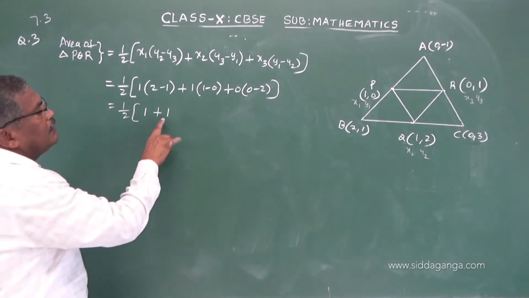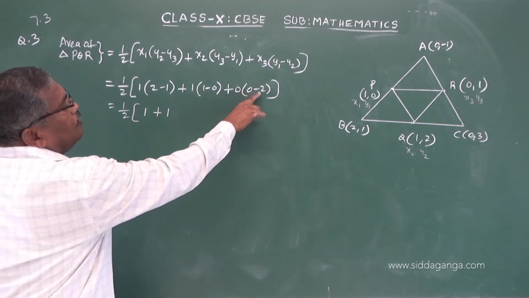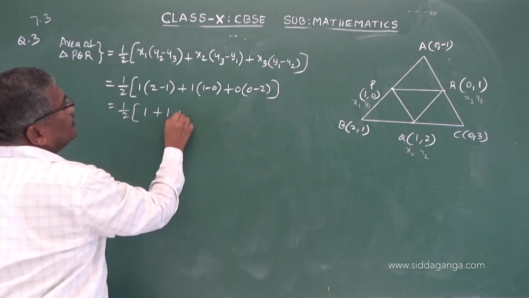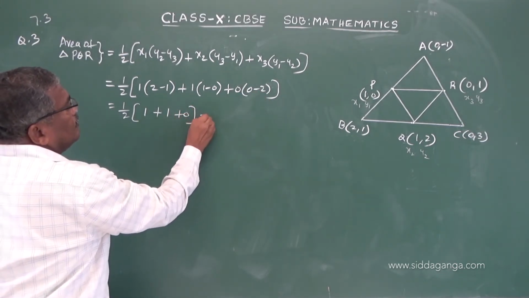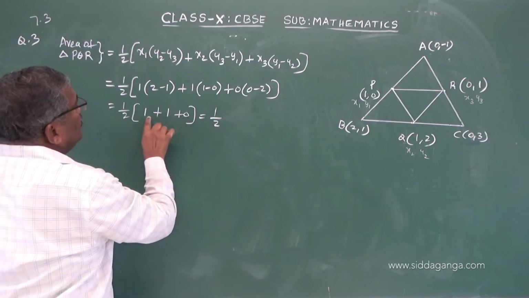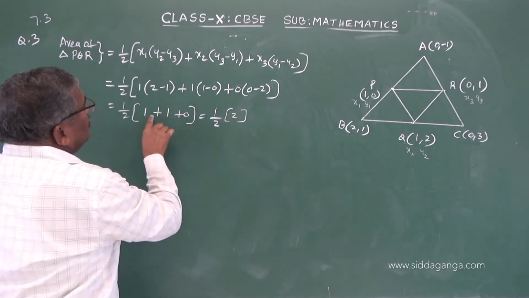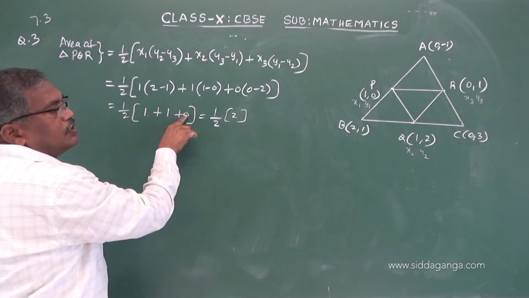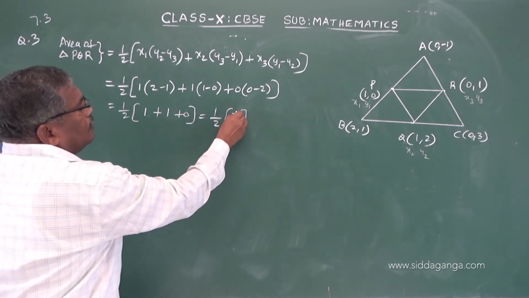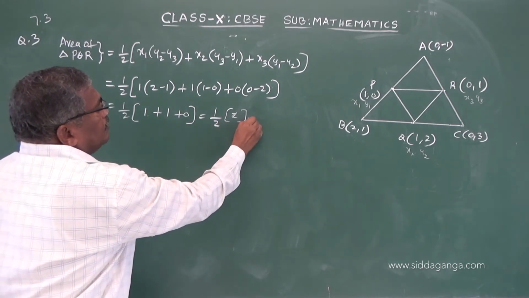So we will get 1 here, plus 0 into this bracket, it becomes 0. So this equals 1 by 2 into (1 plus 1), 1 plus 1 is 2, 2 plus 0 is 2. So therefore the 2 and 2 get cancelled, we will get